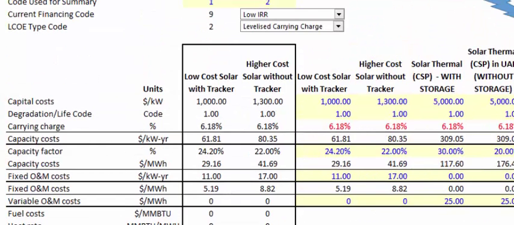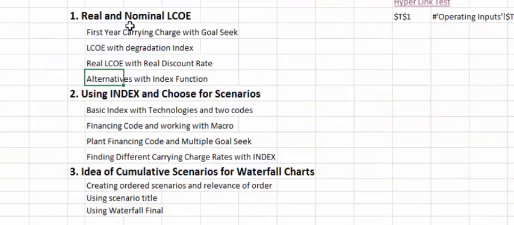Okay, so I hope I kind of went through this. We did the degradation and the LCOE, we did the real LCOE, and we gave you a little bit of an introduction to the kind of the index. The next one, we're just going to explain how the scenarios